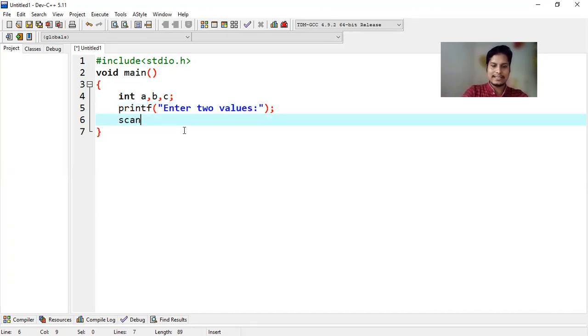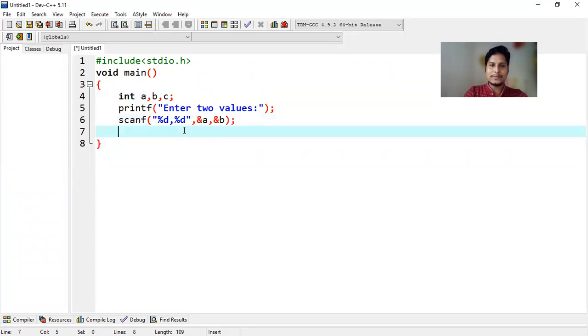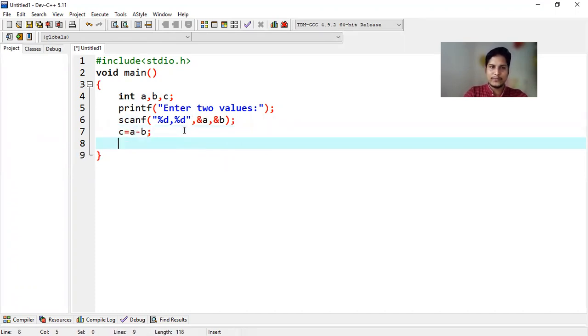Now, in the scanf statement, I'm using double quotation, %d, comma, %d, comma, &a, comma, &b, semicolon. Now I want to display like this. Suppose c is equal to a minus b, semicolon. Okay, in the printf statement, let's see.